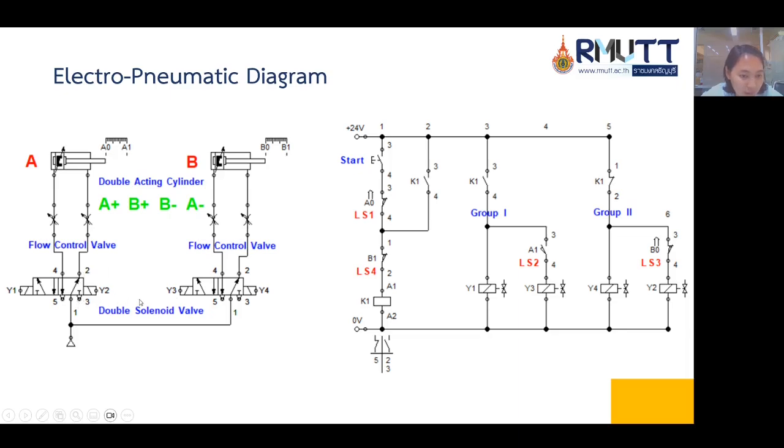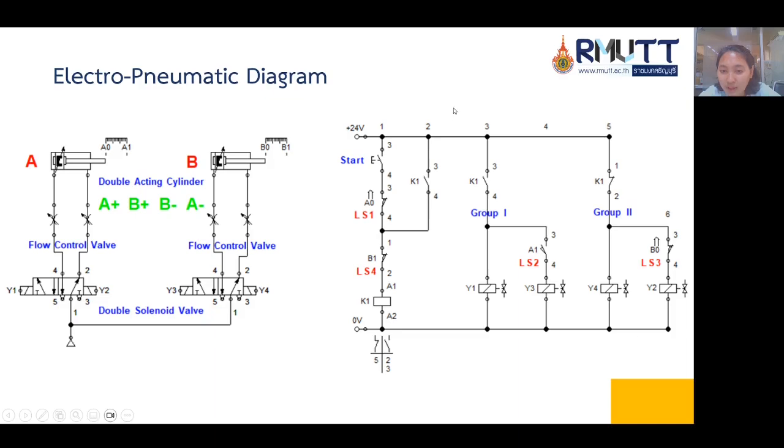And then this is the double solenoid valve, 5/2-way, because there are 2 positions and 5 ports. And this is the symbol when the solenoid valve is electrically operated. And this is the air service unit.